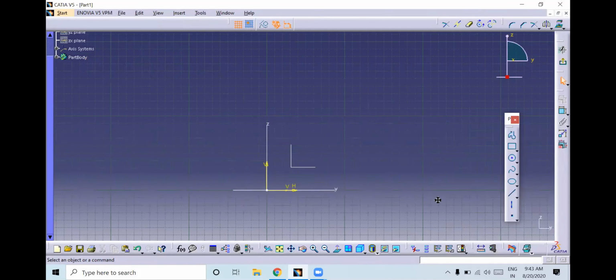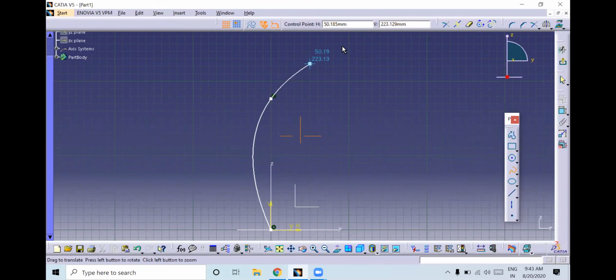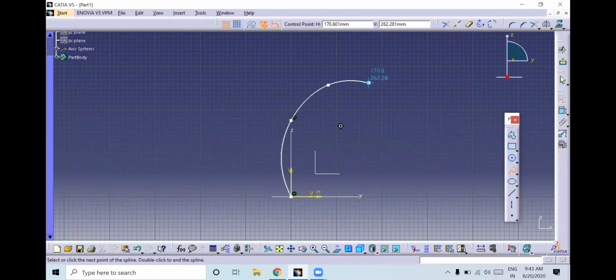Once in sketch, I will use spline here and create this. Press escape button. See, like this, and exit. You have to create it like this.